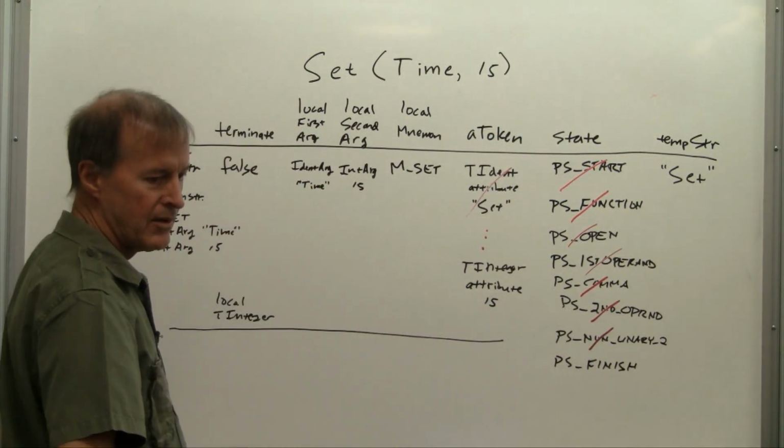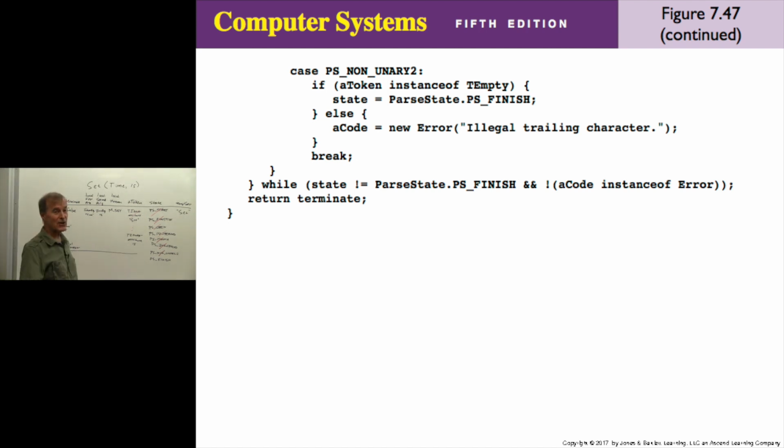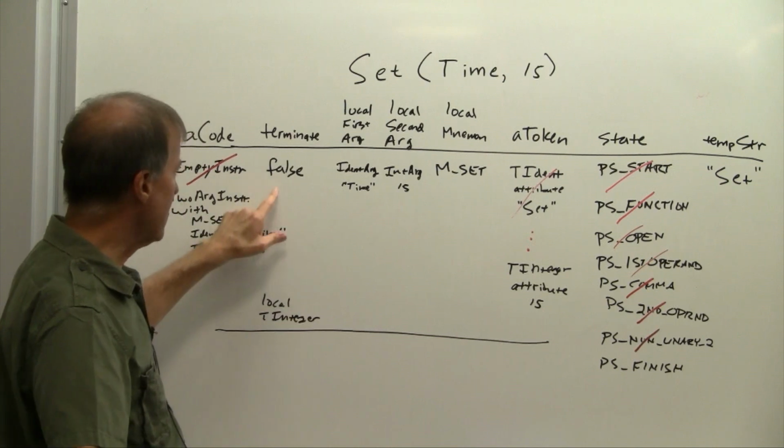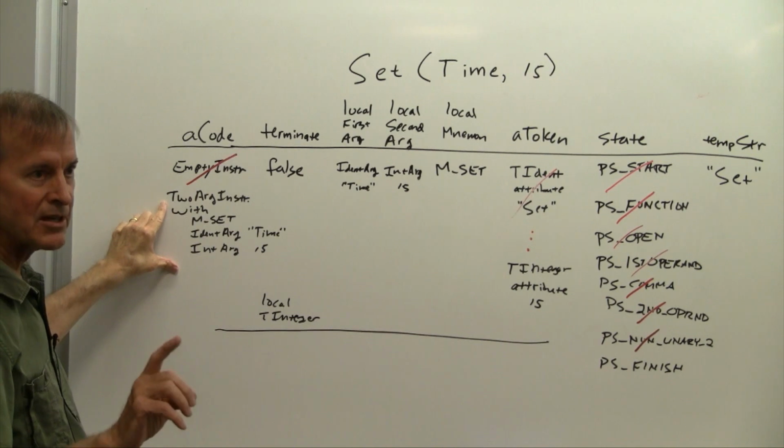And then while what? State is not equal to parse state PS finish, but it is finish. So it doesn't matter what the other one is because it's an and, right? So that's false, so we break out, and now what do we return? We return terminate. Terminate is false because this is not the end one. Right, so it'll parse the next line, okay? But here's what it does. It returns false for terminate, but as a side effect, it has constructed this, which is all the information that we need for a code,